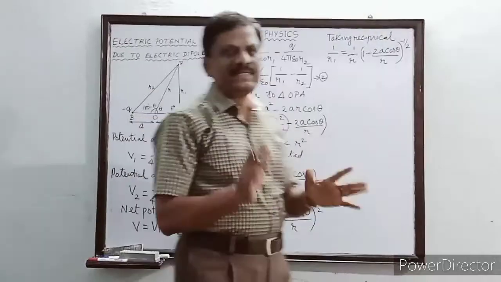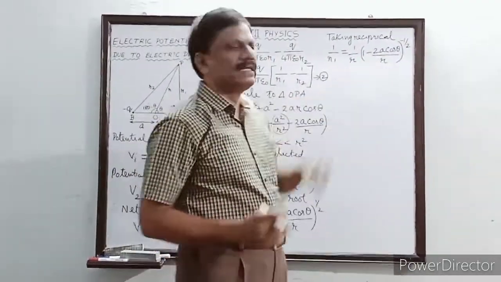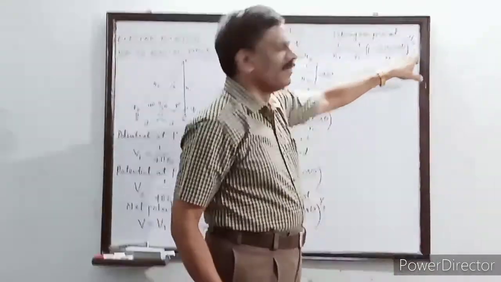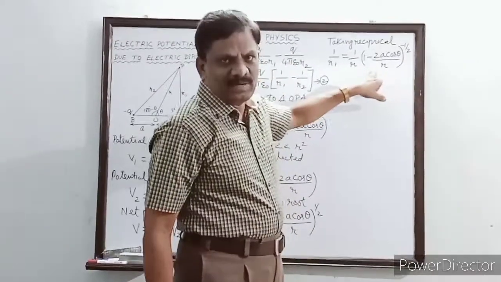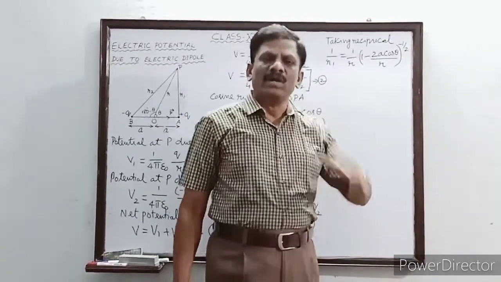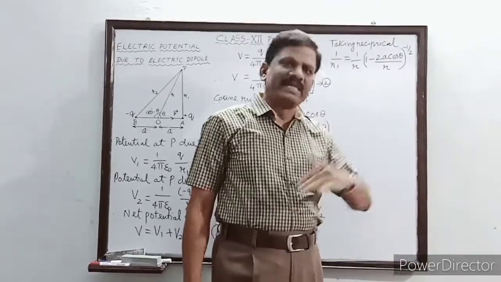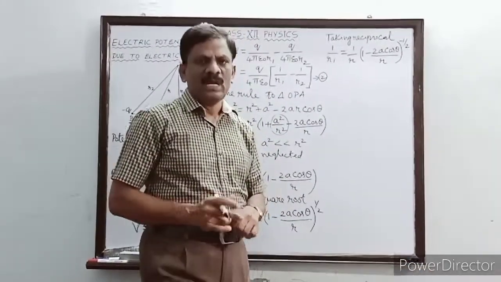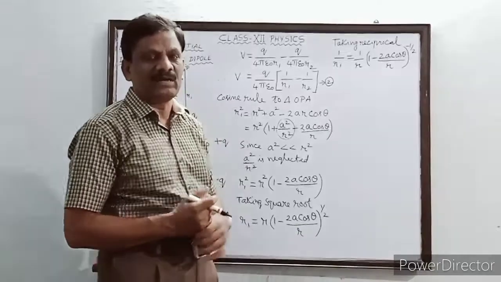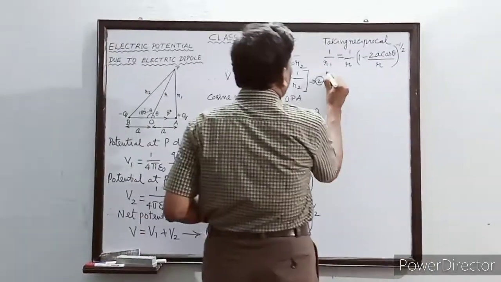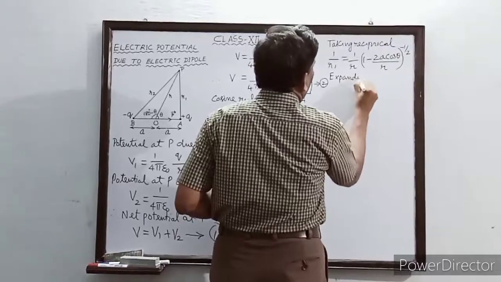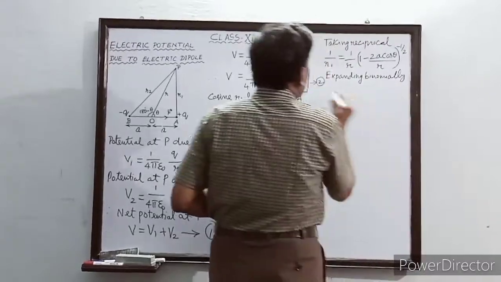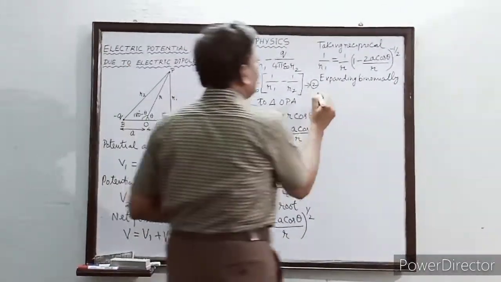Now, there is a theorem called the binomial theorem. You look at the bracketed term. The bracketed term is like 1 minus x whole power n, where n is a constant and x is a variable. So 1 minus x whole power n, 1 plus x whole power n. We can expand this. When you expand, only the first two terms will have some appreciable value and the higher order terms will vanish. So expanding binomially, the binomial theorem is applied and it is expanded, retaining only the first two terms. So this can be written as what?